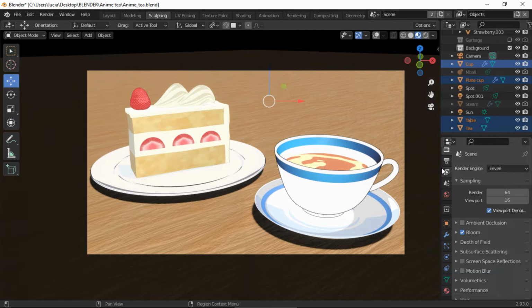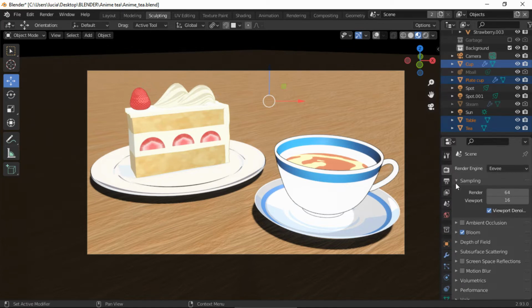Usually I make the materials first and then I light the scene up, but in this case, because we are using the Shader to RGB node, we need to do it simultaneously because this shader is reactive to light and position. This is also why I recommend placing the camera and then while you build your materials up also work on the lighting, because if you do it after, the placement of the colors is going to change a bit.